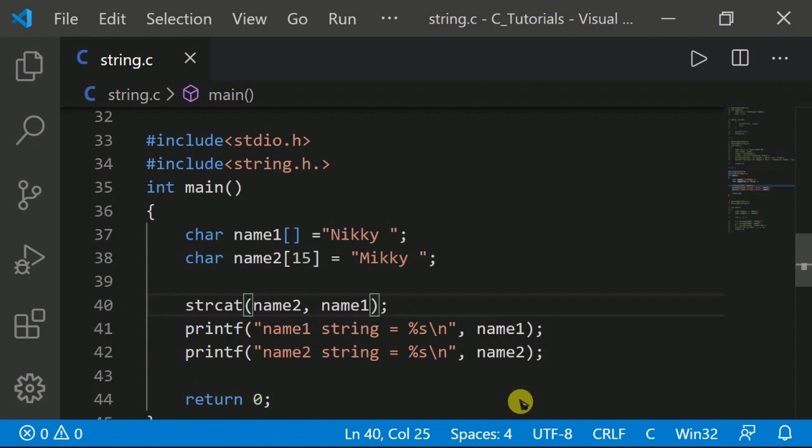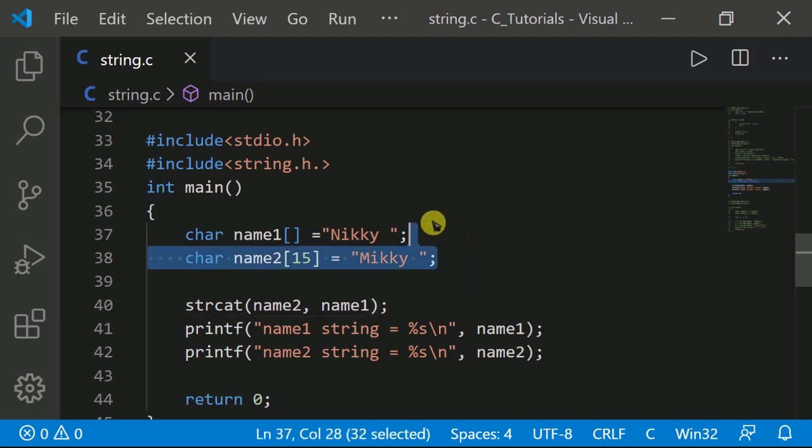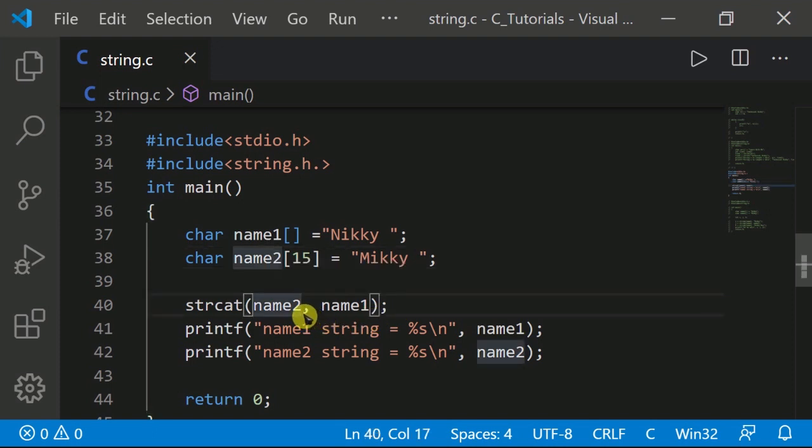That is a simple function from here to here, and with this function you can make both strings into one. In other words, it is used to combine both strings into one. So the strcat function is used to combine them, and here you type which string name comes first. It combines the second string into this one.